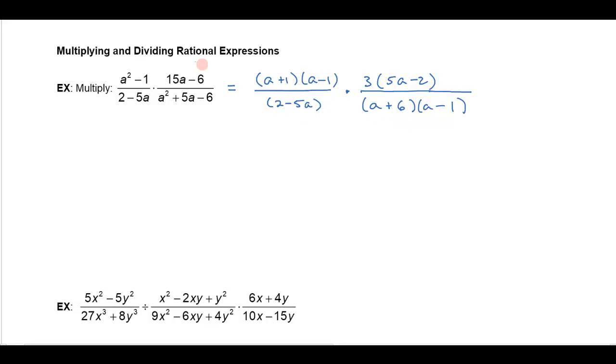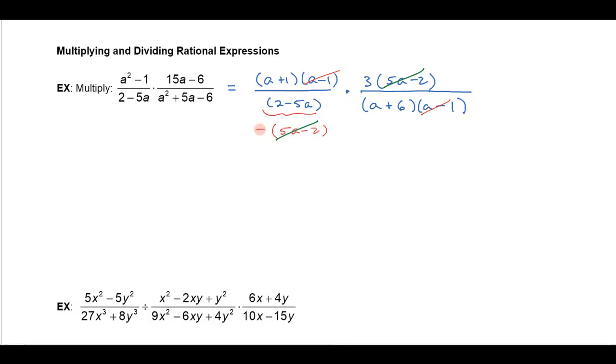Okay, well, certainly I have just a bunch of factors here. Everything's multiplied together, and so I can cancel anything in common. I certainly have an a minus 1 in each of those that I can cancel. And this 2 minus 5a and 5a minus 2, here's a little cowboy trick for simplifying this. If you ever have factors where the terms are switched around like that, you can factor a negative 1 out of it, and it'll magically turn it around as 5a minus 2 in this case. All right, so the negative 5a is right here, and the negative 2 makes the 2 right there. So actually you can go ahead and cancel those,